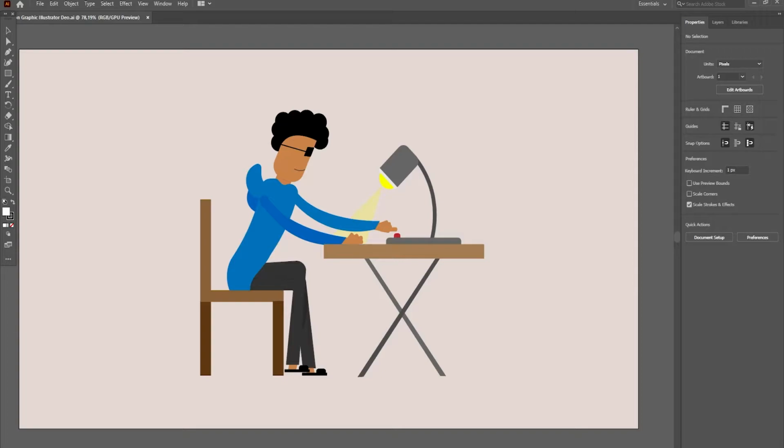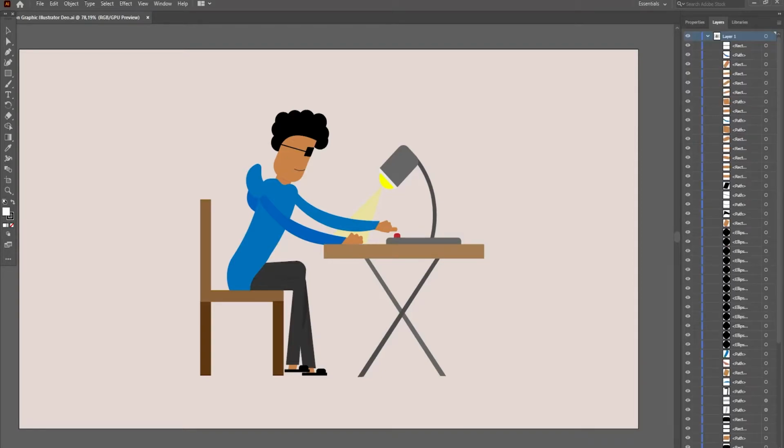So you go to a layers window, and as you can see, everything is on one layer. So click on this, create a new layer, and let's name it light. If you want to rename a layer, just double click on this layer and type in a name that you want. So now, when we create the layer, let's drag this